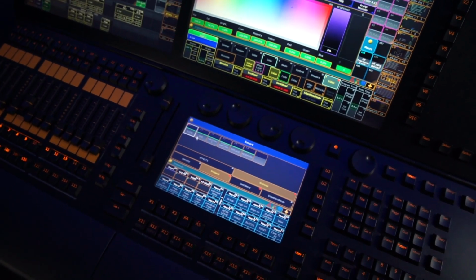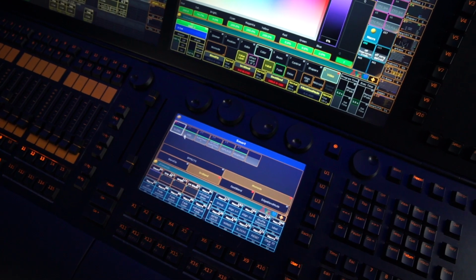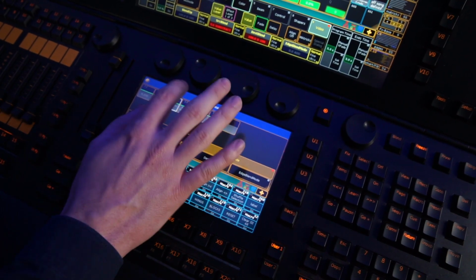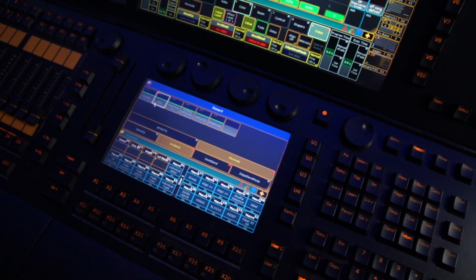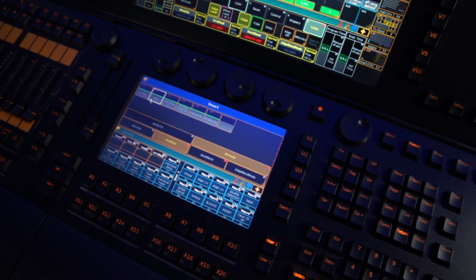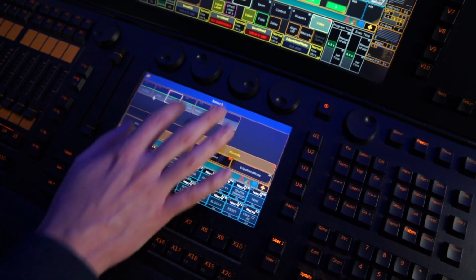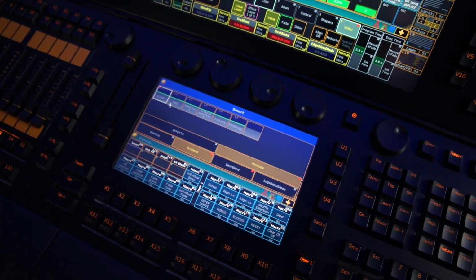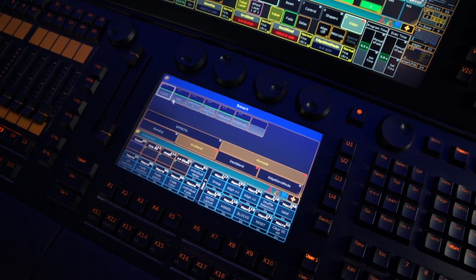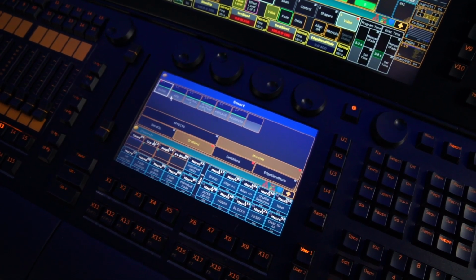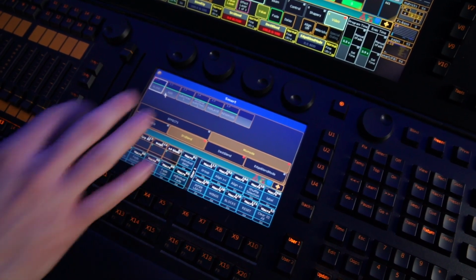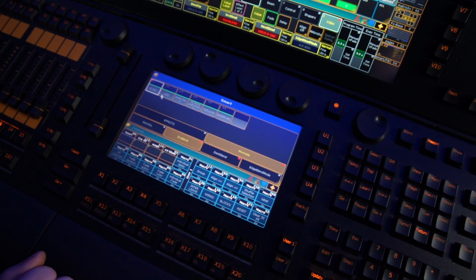Let's see now how to control the surface blend mode by DMX. The surface blend mode controls how two surfaces on top of each other will blend together. You can see now in my setup I have 4 surfaces on top of all the others. Those surfaces are now selected in my lighting desk. I am now in the blend mode of those 4 surfaces.